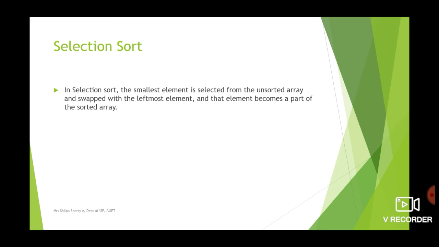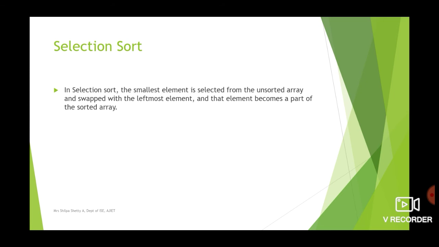In the first pass, we will pick the smallest element of the array, and that smallest element will be placed in the first position. So in the next pass, we will compare the remaining elements of the array. In the remaining elements, we will find the smallest element, and that smallest element will occupy the second position in the array. So during the next pass, we will compare the remaining 3 elements, out of which the smallest element that we determine will be placed in the third position of the array. So that is what this means.